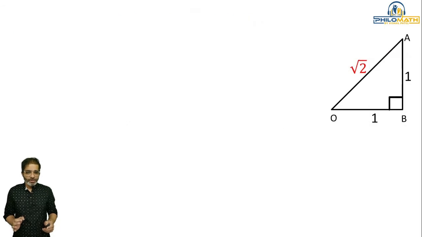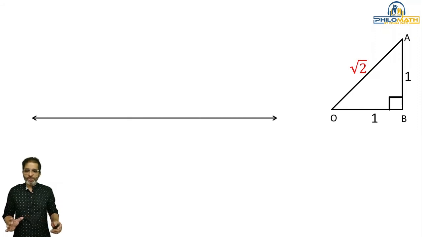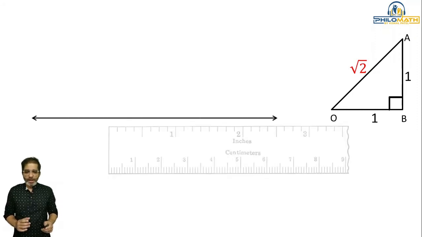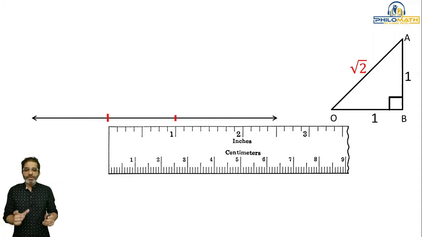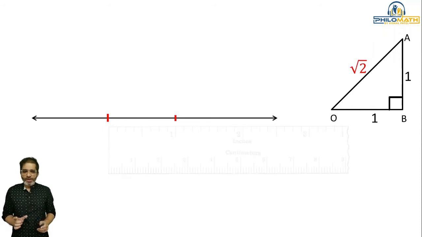So what I have done, students, I have taken the same triangle that we took for the calculations. First let us draw a horizontal line. Now with the help of a scale, I'm going to mark 1 inch. Now students, I can even mark 1 centimeter, but 1 centimeter is going to be too small for drawing the arcs and further calculations. So let us take 1 inch. I will take the points as O and B, same as what we have done in the rough figure.